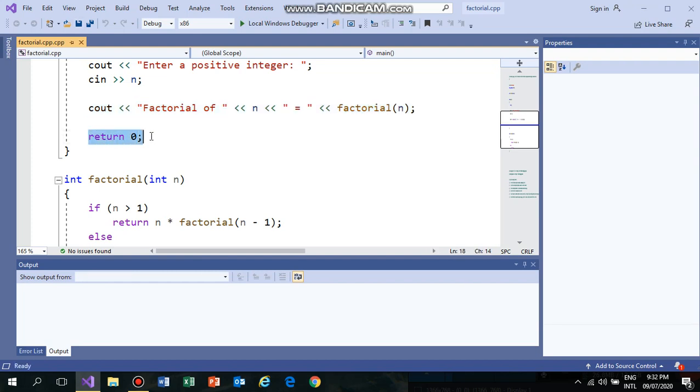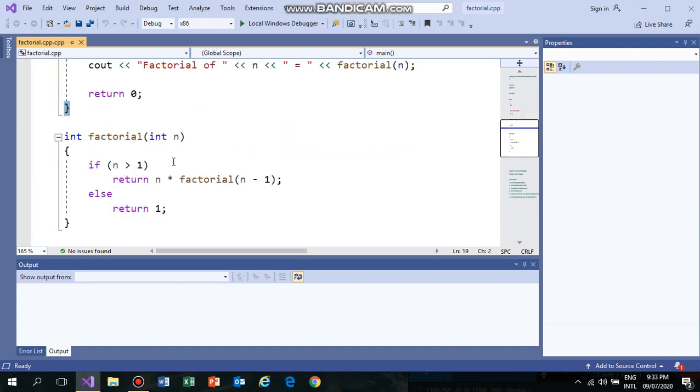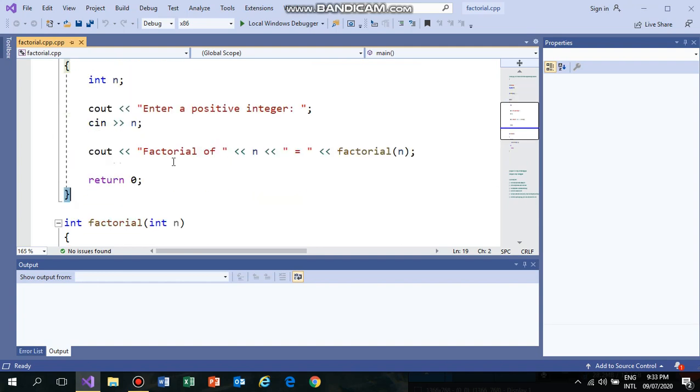Okay, here we are going to end the first function with return 0, because we are going to end the first function of the factorial. It indicates our program has run successfully, and we terminate our main function with the return statement. This is the close brace to end the first function. Okay, let's see.